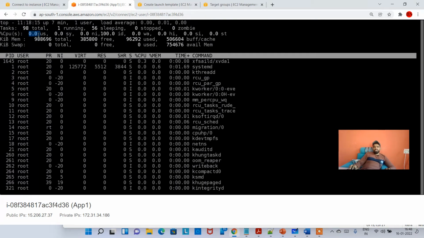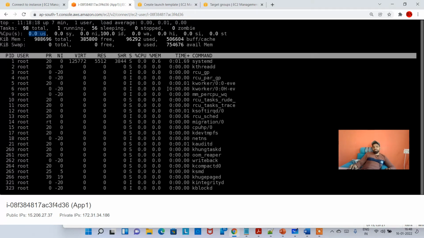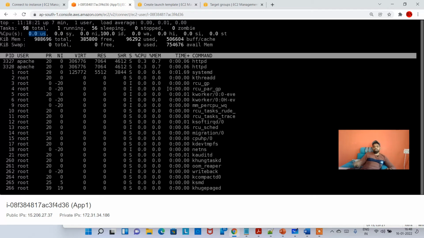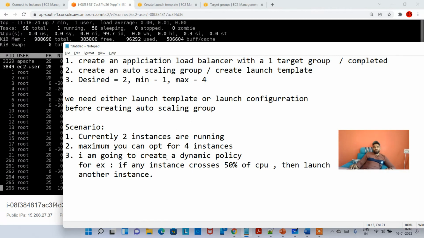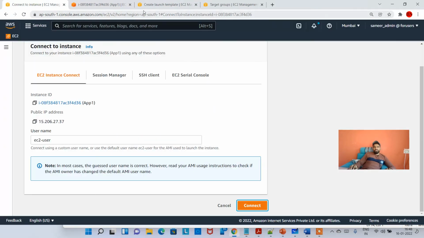Now, I can't make it 50 percent in real time right now, so I'm going to install a utility called stress, which will increase the CPU and we can achieve what we want. So I'm going to create a dynamic policy. How can you do it? So here,